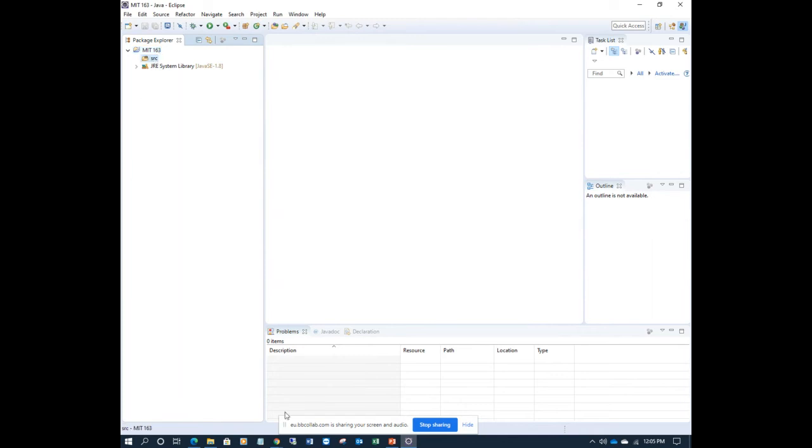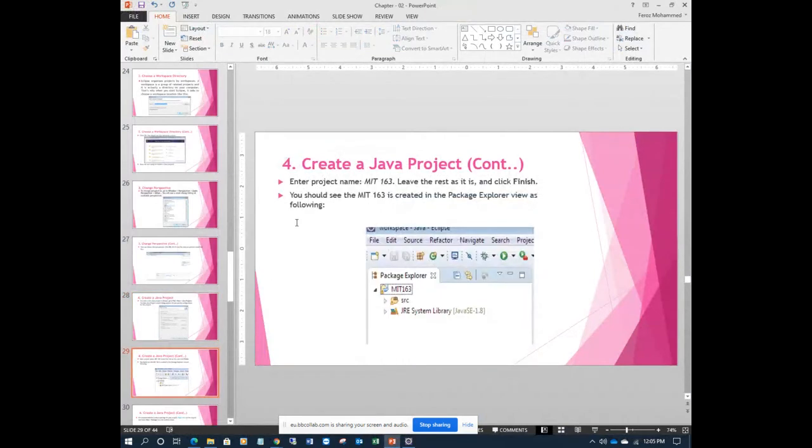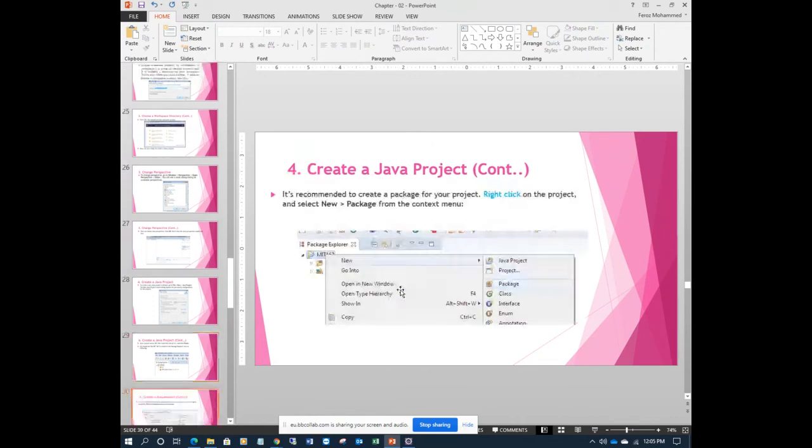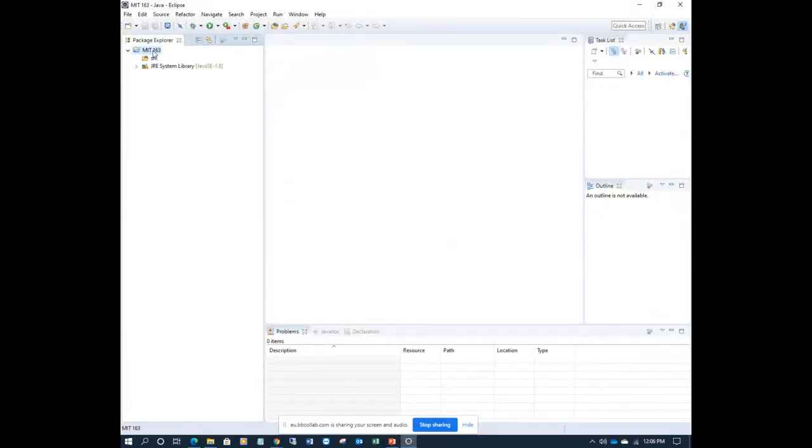Now here you see packages, source. SRC means source, all your programs will be stored here. When you want to create one, it will be created under this. So I recommend creating a package here. A package is nothing but a folder. Assume you make a folder for all your programs. If you open this folder, you can see all your programs, all your work, all your assignments, tasks, everything.